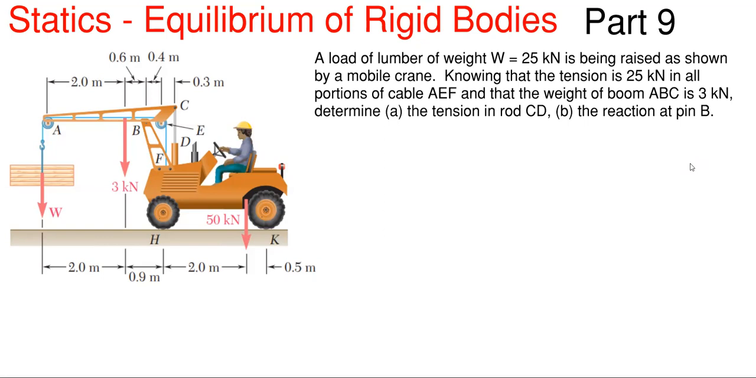So what we have going on here is this picture with a lot of forces and a lot of dimensions, and the description says a load of lumber that weighs 25 kilonewtons is being raised as shown by this mobile crane. Knowing that the tension is 25 kilonewtons in all portions of cable AEF, so this blue line right here, and that the weight of the boom ABC, so this top portion right here, is 3 kilonewtons as shown. It says determine the tension in rod CD, which is right here, and the reaction at the pin at B